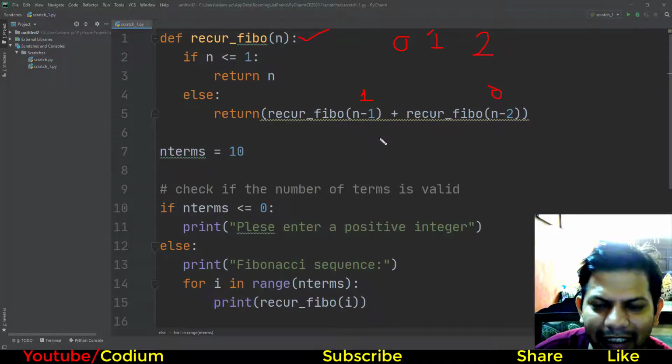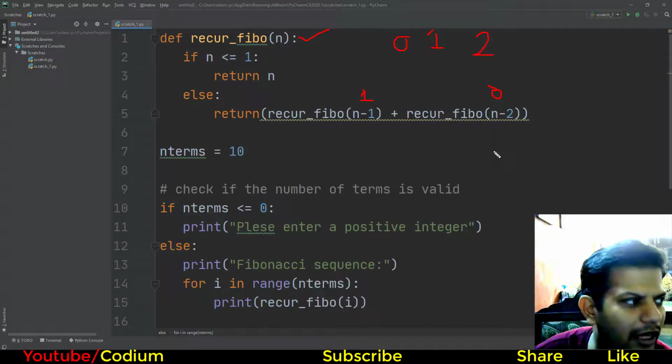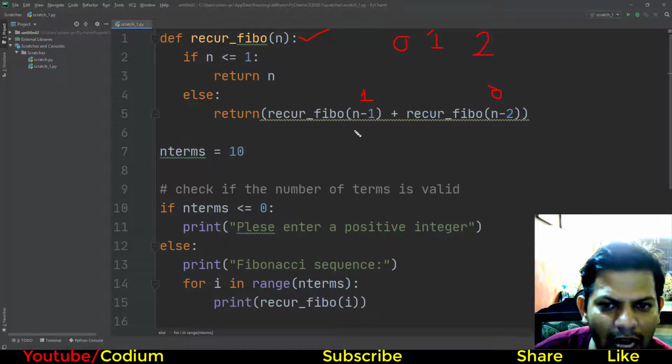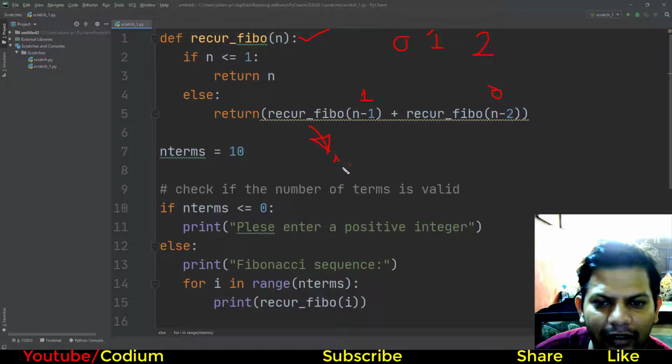We can't just add like 1 plus 0 is 1, not like that. So what we do: function with argument 1, if the n value is 1, it returns 1, so its value is 1. If the function n value is 0, it returns 0. Now 1 plus 0 is 1.